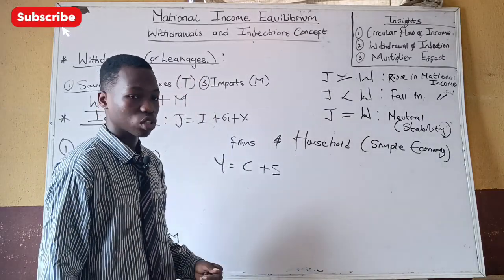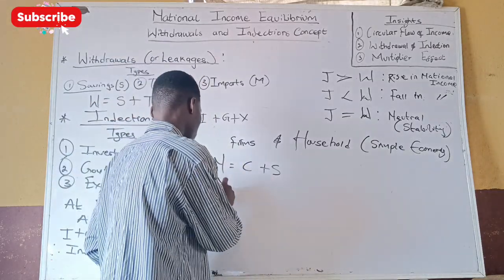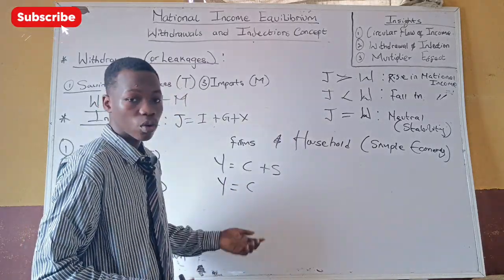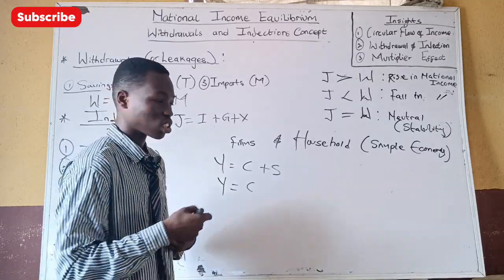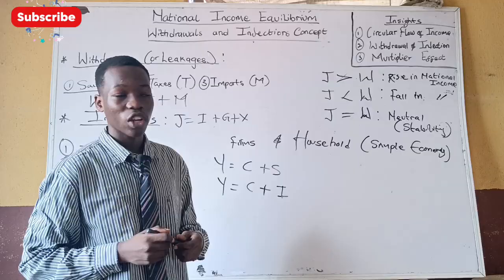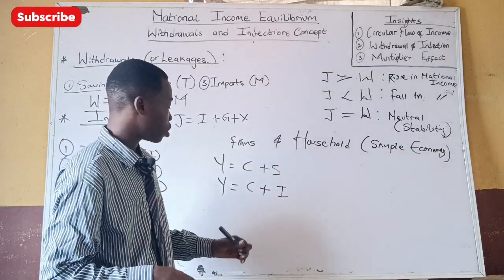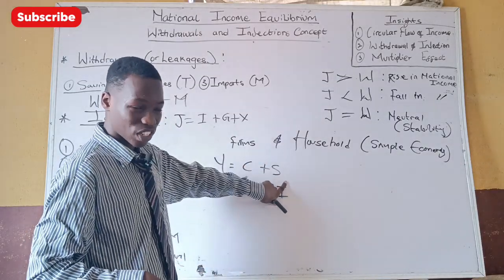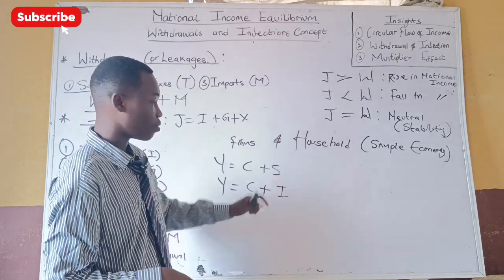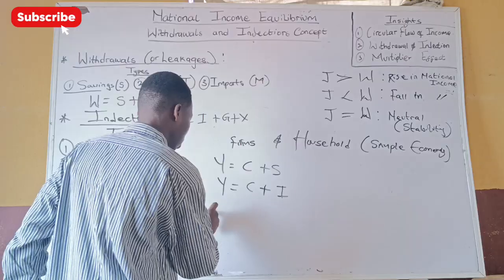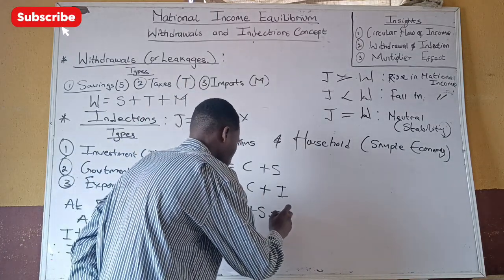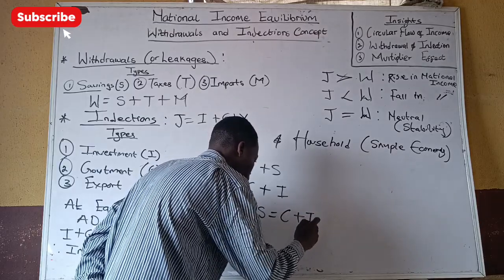That is for household. Now for firms, if the firms do not consume that income, they spend it on what? Investment. They invest the income. So for firms, they use their money in two ways: consumption and what? Investment. While for household, we have consumption and what? Savings. Therefore, when we equate this, since both generate income, in the simple economy, two sector model,